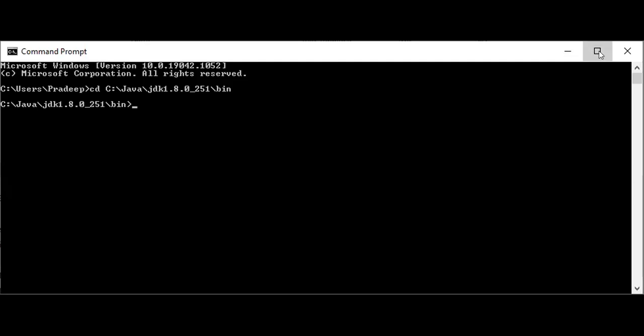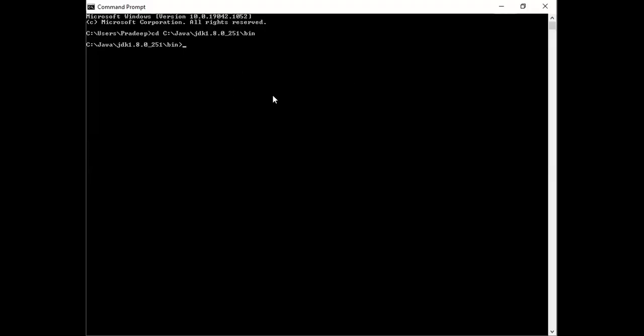You see this command prompt, that is the console. I have saved that file. The file name is commandline.java.